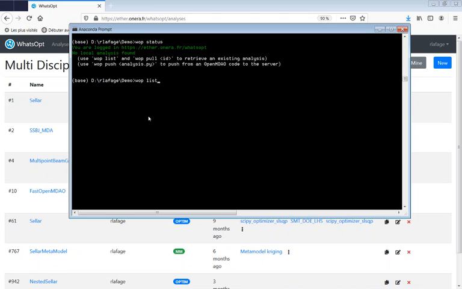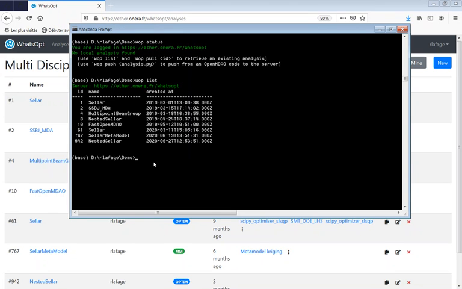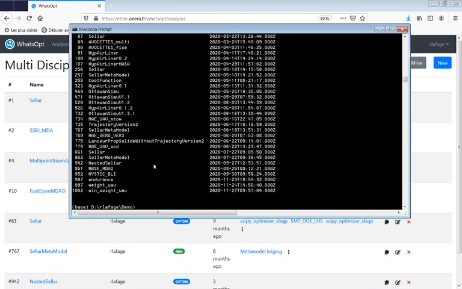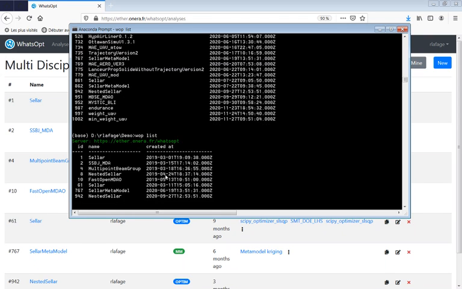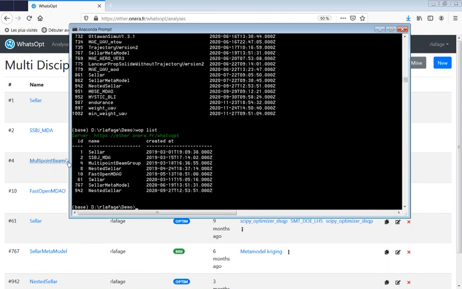wop list. With this command, I can see the list of the analyses I've created on the server, and I can also list with the -a option all the analyses available on the server for me. The other ones are created by somebody else. But for now, and to keep things simple, I'm going to work with the first one, the classic Sellar problem. So I pull